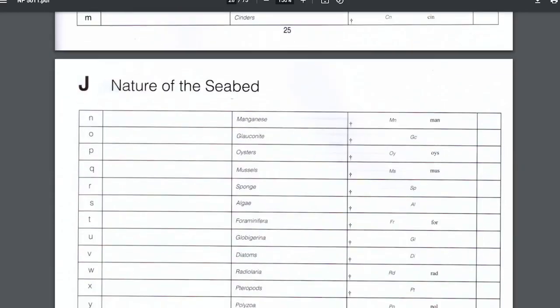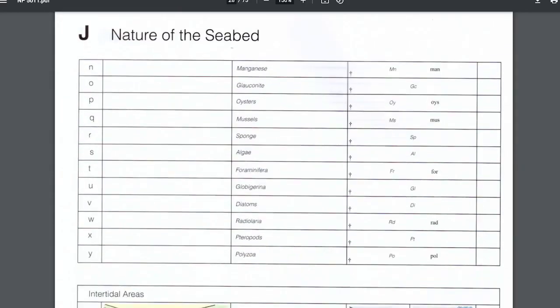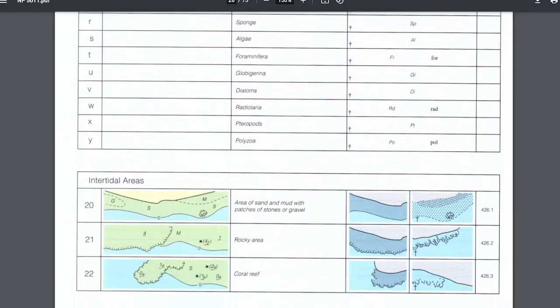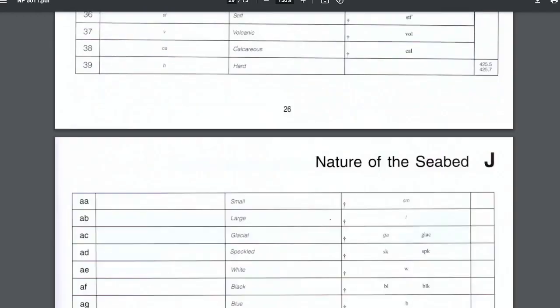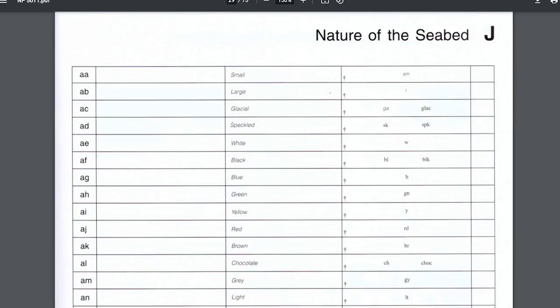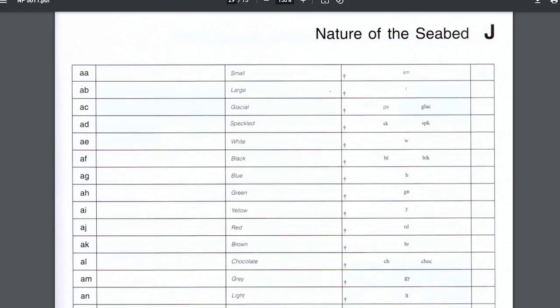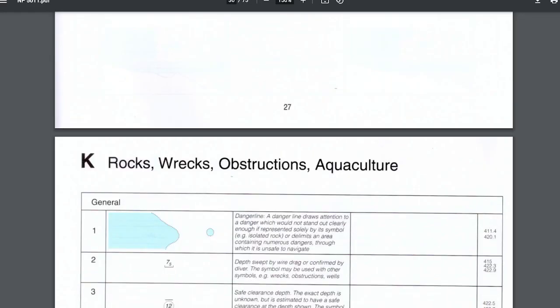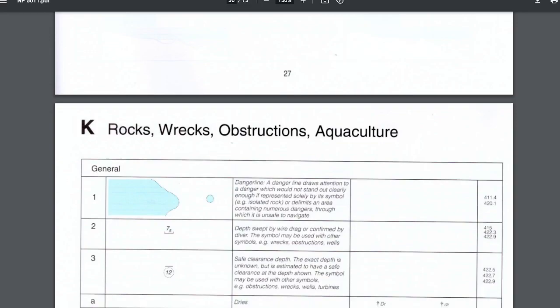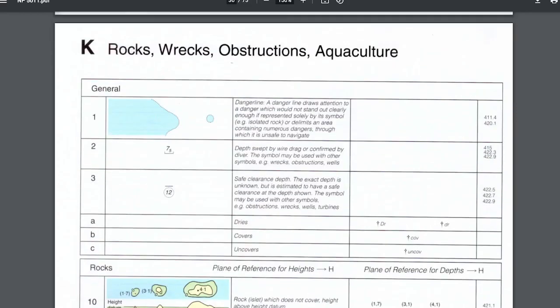nature of seabed. As I mentioned before, for anchoring you want to know which kind of nature the seabed has, what type it is, and accordingly you can calculate the holding power of the anchor. This is again very important from the exam perspective. It's very often asked. The rocks, wrecks, obstructions,